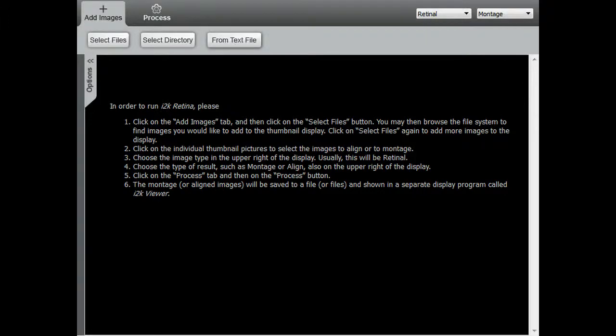In this demo, we will use the advanced features in i2k Retina and i2k Align Pro to demonstrate how to manage the images over time. In other words, how to register a large volume of the images taken at multiple points of time in the history. During this demo, we'll use a few features in the Pro version, including the save and load and